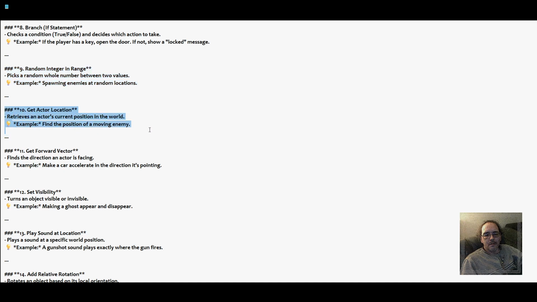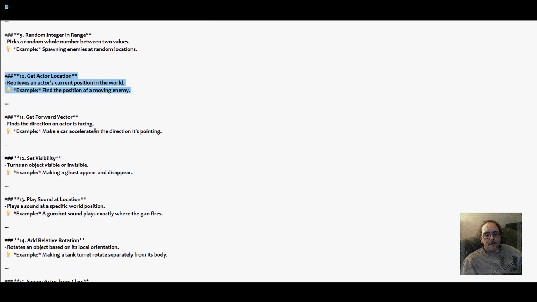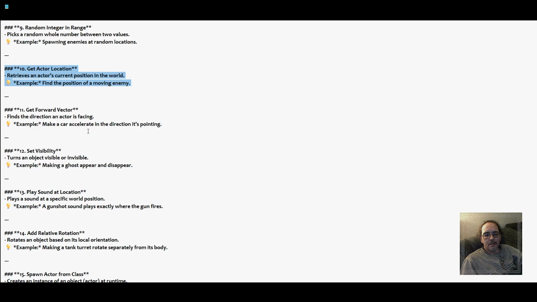Now can you explain getActorLocation node? Sure, the getActorLocation node is a super useful function in Blueprints that lets you find out exactly where an actor is in the game world. When you plug an actor reference into this node, it returns that actor's current location as a vector with X,